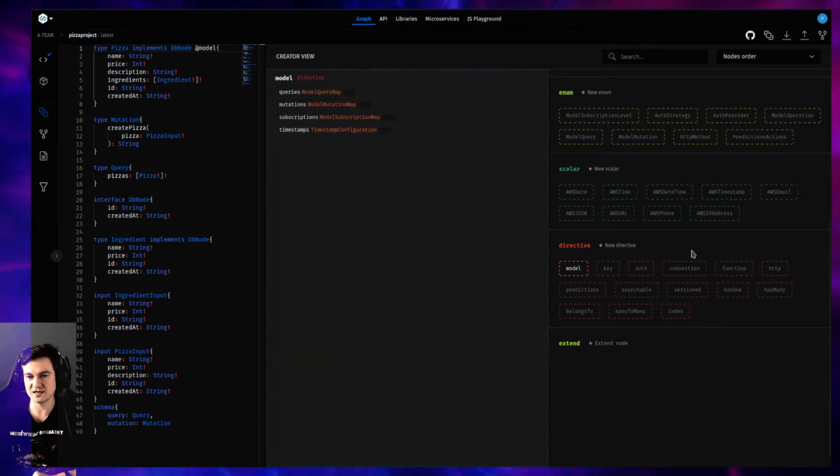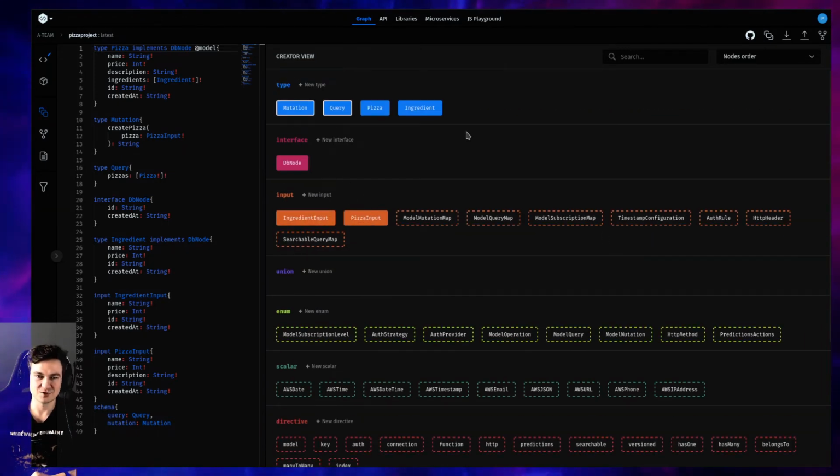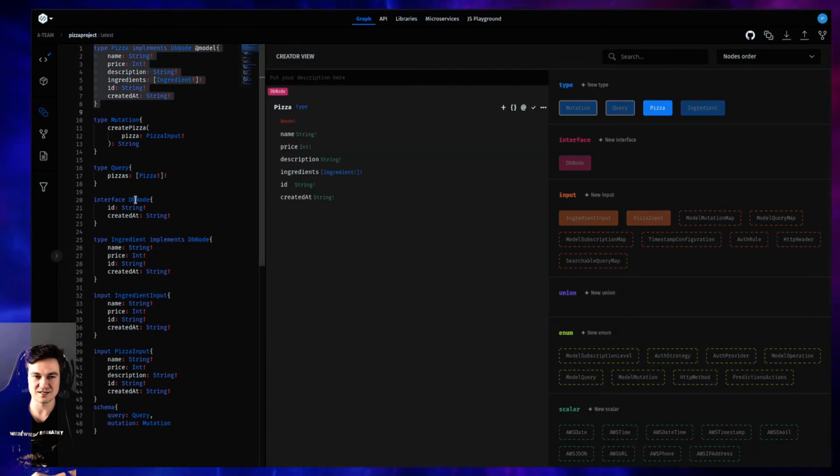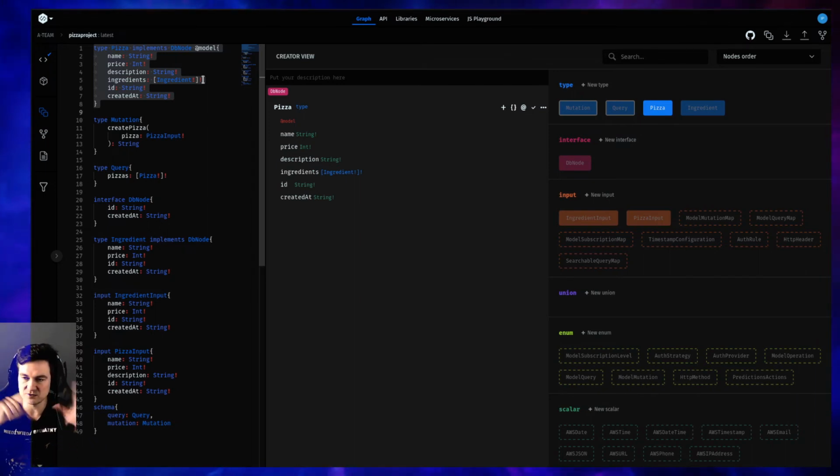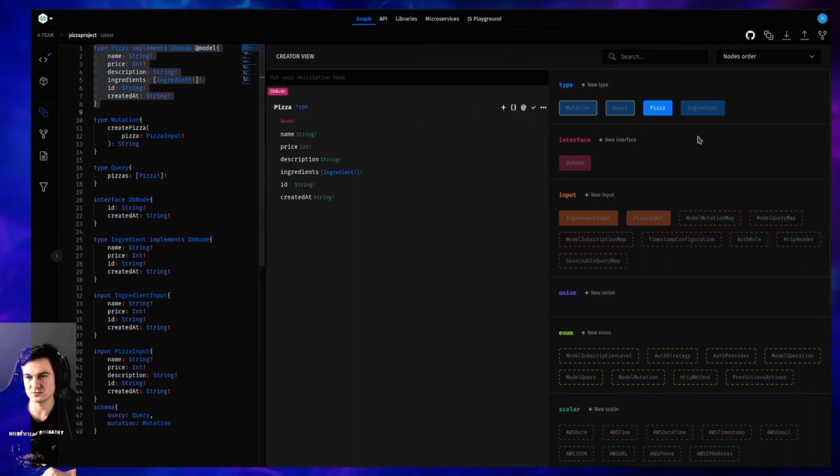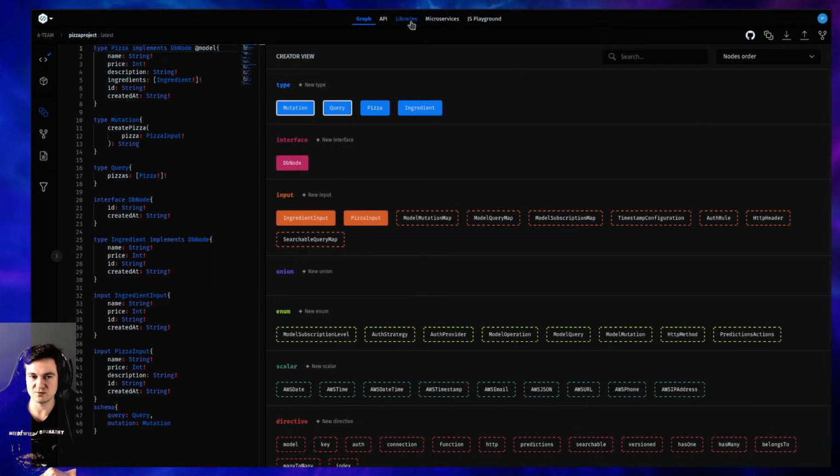Okay, so I think that's it. So I've successfully added AWS Amplify, and if I right now try to generate my Amplify schema out of this schema, it will just work. So this is how the libraries work.